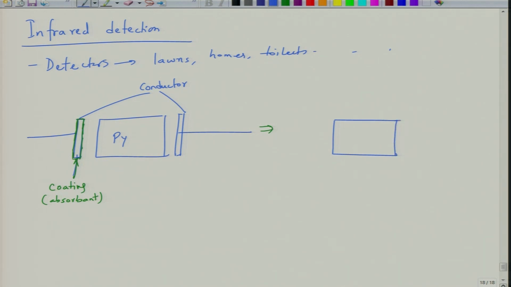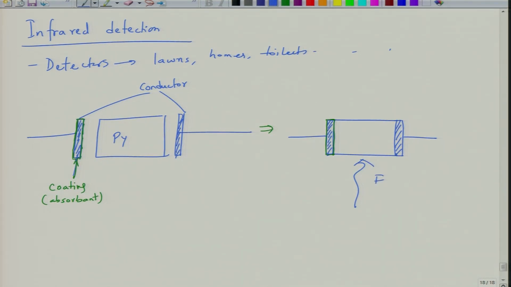On one side we have this metal, let me just shade it here. On this side we have another metal which is coated using an absorbent coating, all right.